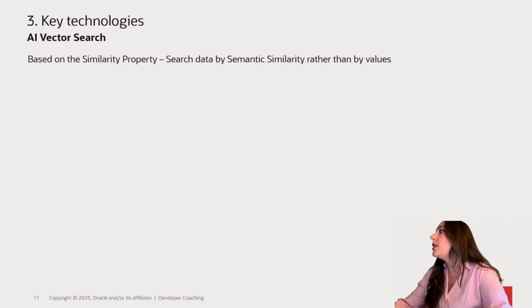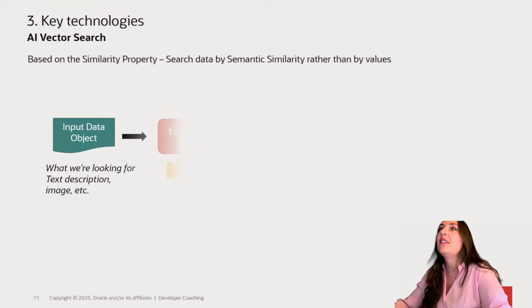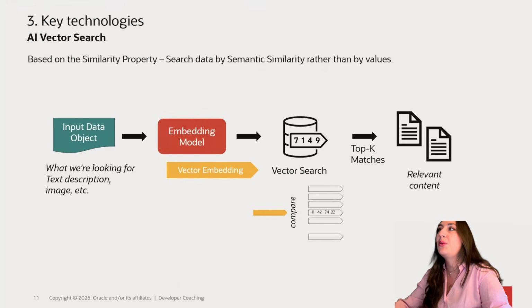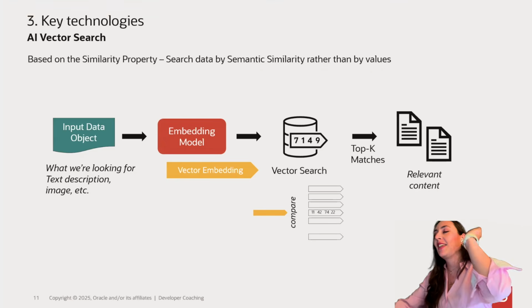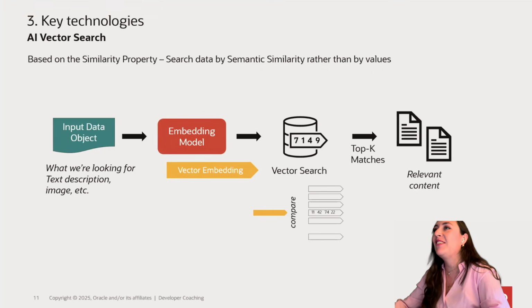Sorry, because here something is missing. Some picture was removed. But basically, here we wanted to talk about the key technologies one by one. The first one is about AI vector search. I don't know why this appeared, but we had a bit of a schema. Oh, sorry, it's here. The click was not working when I was doing the automation, let's say. So sorry, here we wanted to show a bit the key technologies.